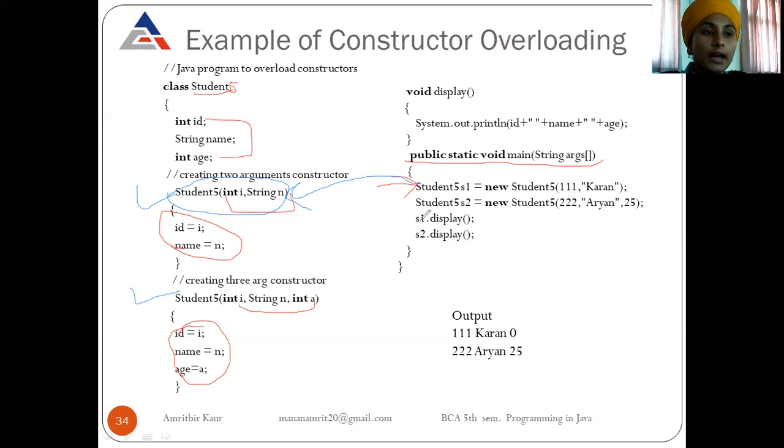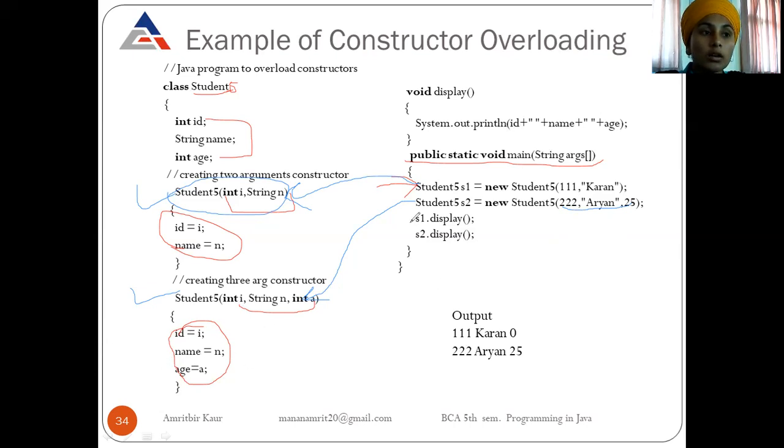Then we use the second line, Student5 S2, and here we are passing 3 parameters. Again the compiler is confused, but by counting parameters it invokes this constructor. Now with 3 values, the first value 222 is assigned to ID, name is Aryan, and age is 25.